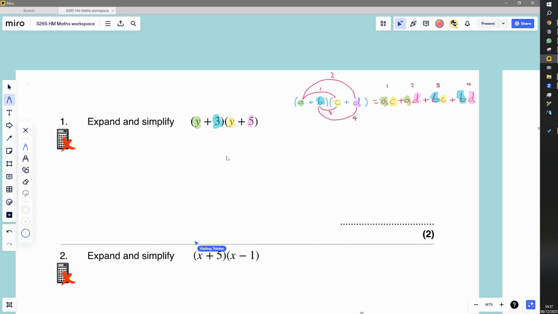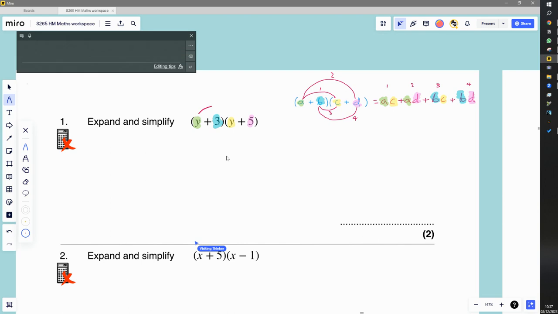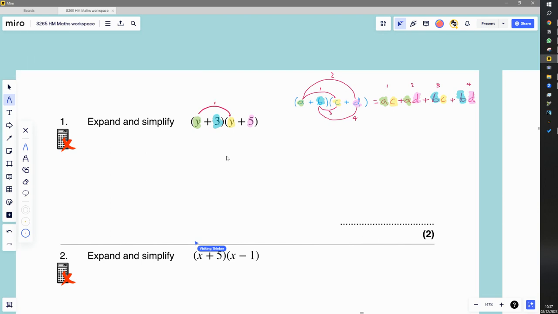I'm going to draw some lines now. So think about what lines I'm going to draw to what. I'm going to draw a line from here to here. Think about what number I'm going to write above the line. I'm going to write 1. I'm going to do another arrow. Think about another few lines, what lines I'm going to draw and what numbers I'm going to